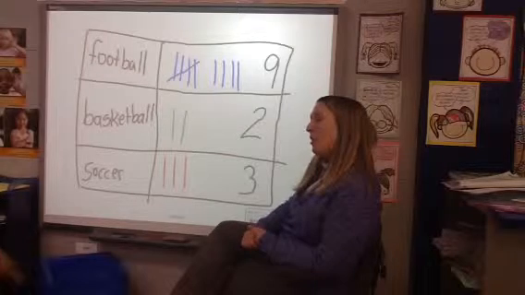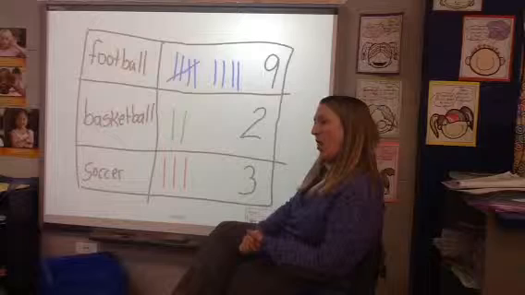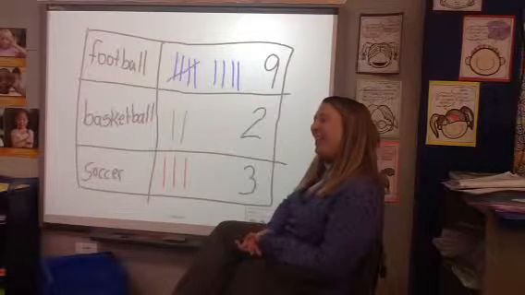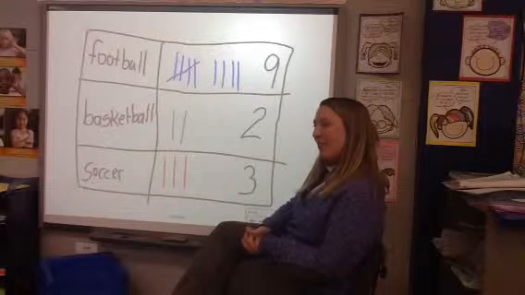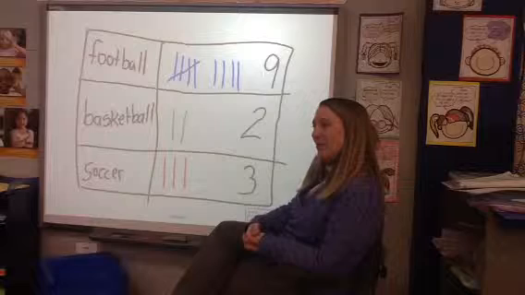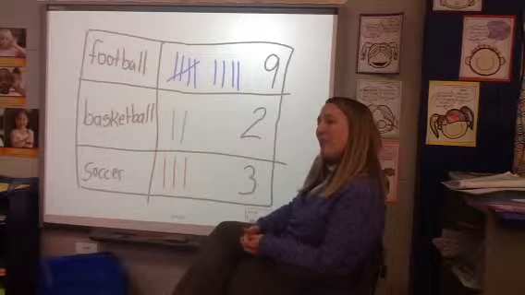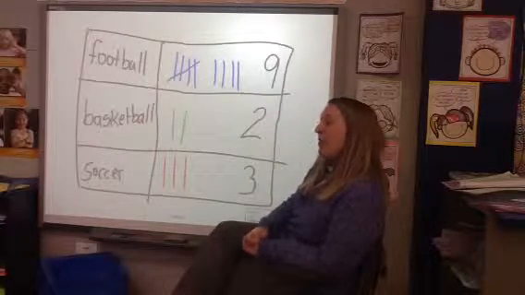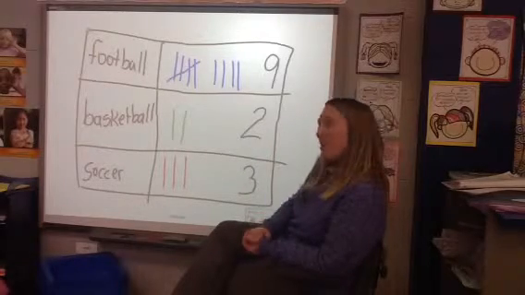How many children liked football and basketball? Football and basketball combined? How many children liked football and basketball? 11. How did you get 11? Tayden, how did you get 11? I added 9 and 2 together. Oh, very good. How many children do we have in all that liked football, basketball, and